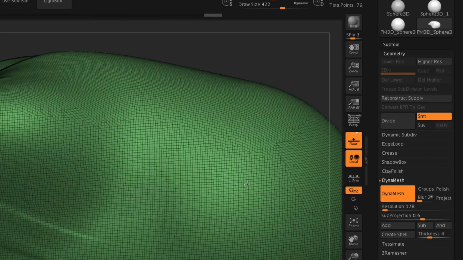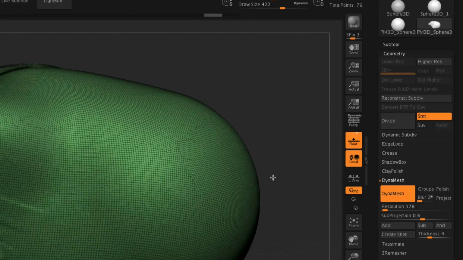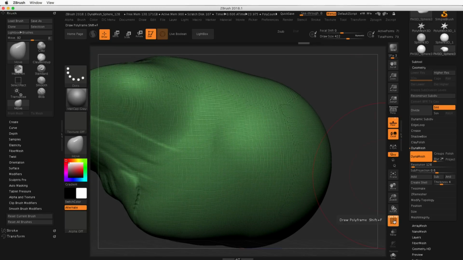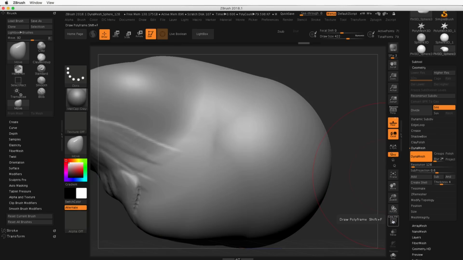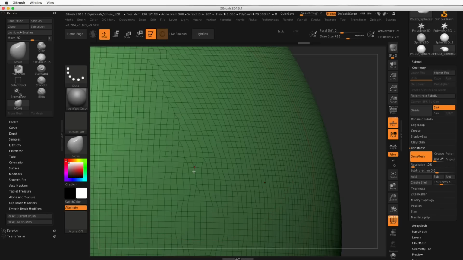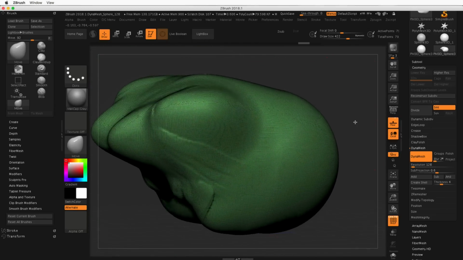So what that did is it just, I believe, used whatever level we were on. At first, it might not feel too different, especially if you don't have polyframes turned on. If you don't see the lines, it looks pretty much the same. If I zoom in, the topology is trying to adapt to the way things are bent and sculpted and moved